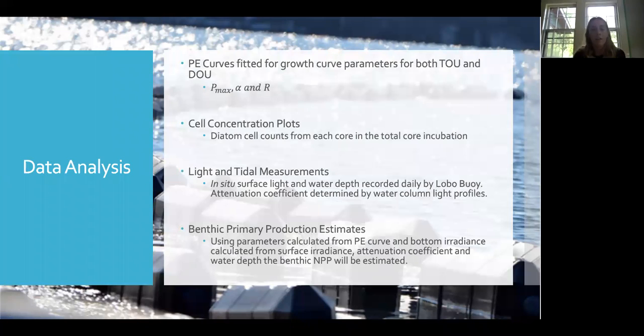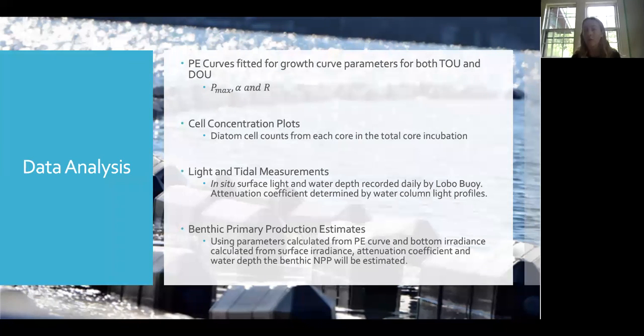My data analysis consists of the photosynthetic irradiance curves being fit to growth parameters to determine the total oxygen uptake and DOU rates for Pmax, alpha, and respiration. Cell concentration plots were also done from the diatom cell counts from each core. And then there will also be light and tidal measurements for the in situ light surface and water depths recorded